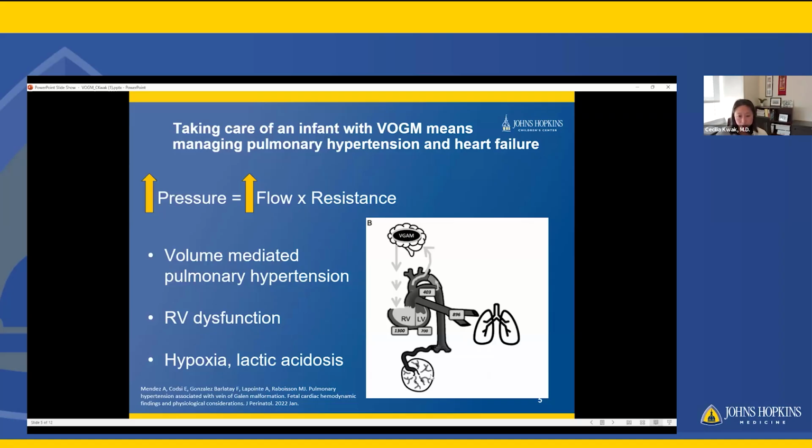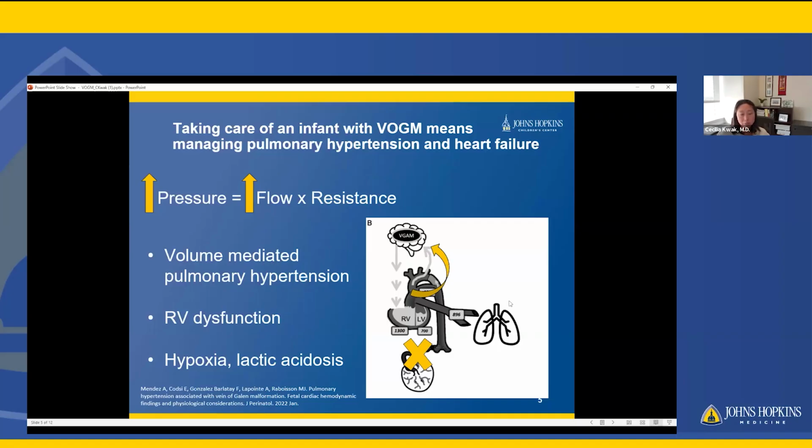A fetus in utero is not necessarily experiencing signs of heart failure. And part of that is because you have this low resistance placenta that can be somewhat protective against the low resistance vein of Galen malformation. So there's a number of changes that happen after a baby's born. After a baby's born, OB cuts and clamps the cord. So there goes your low resistance placenta. And that means that you suddenly have this large volume of blood flow that can go into the vein of Galen malformation,